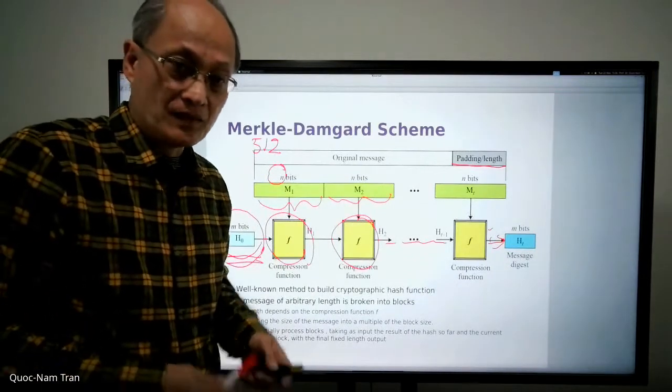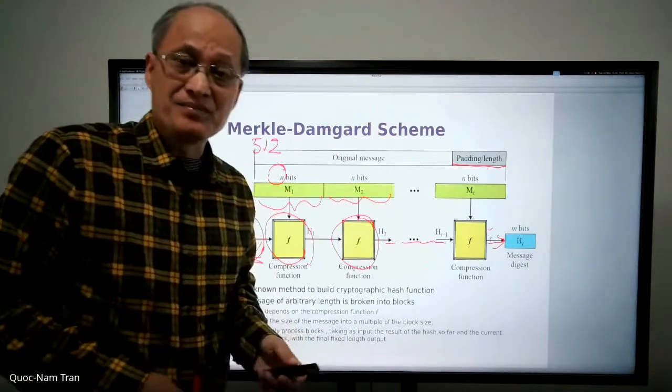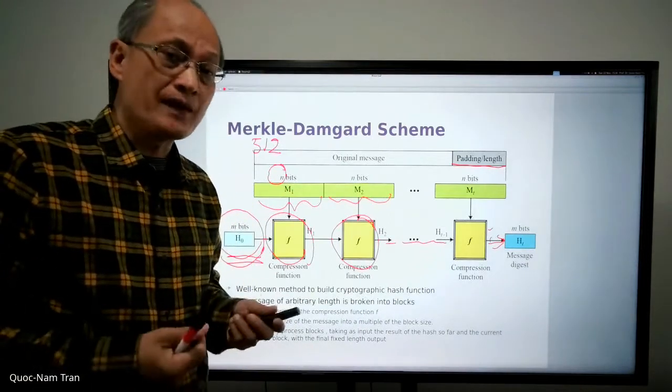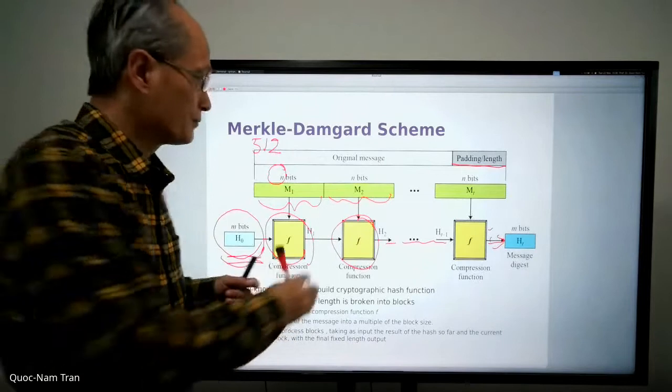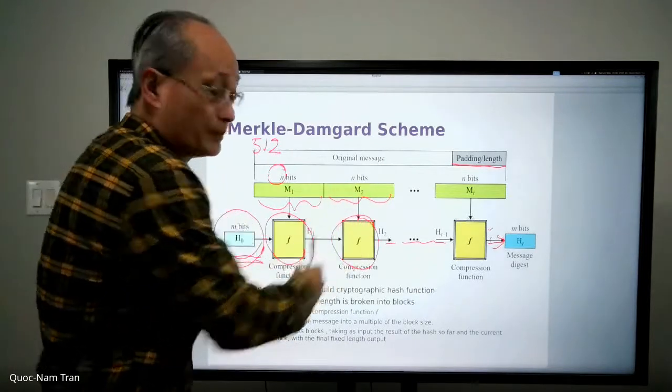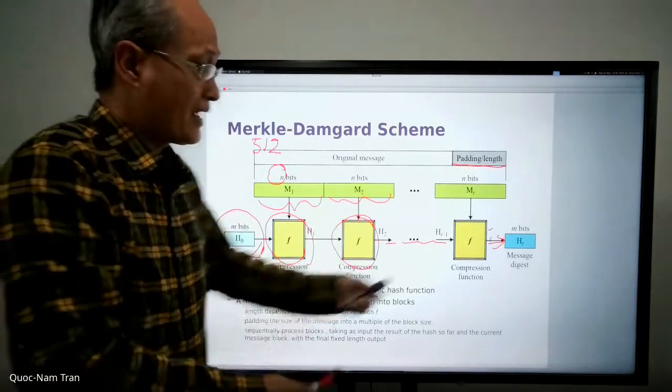Again, the idea is very simple. The key point is what kind of manipulation we apply to the bits so that at the end,